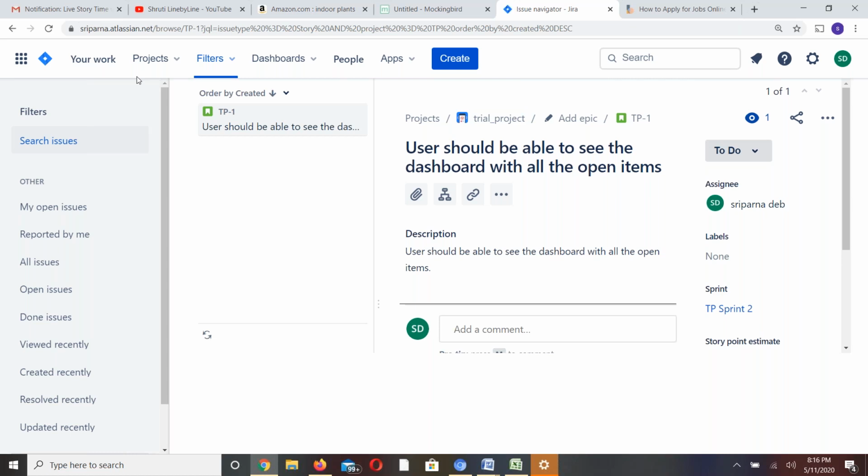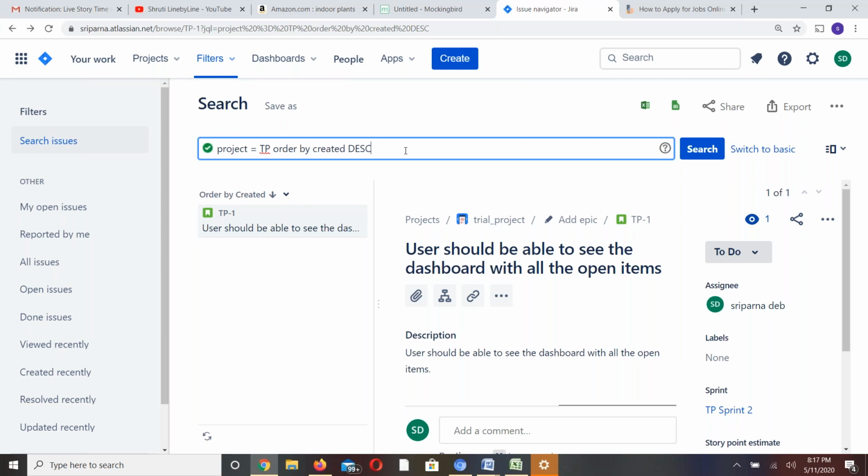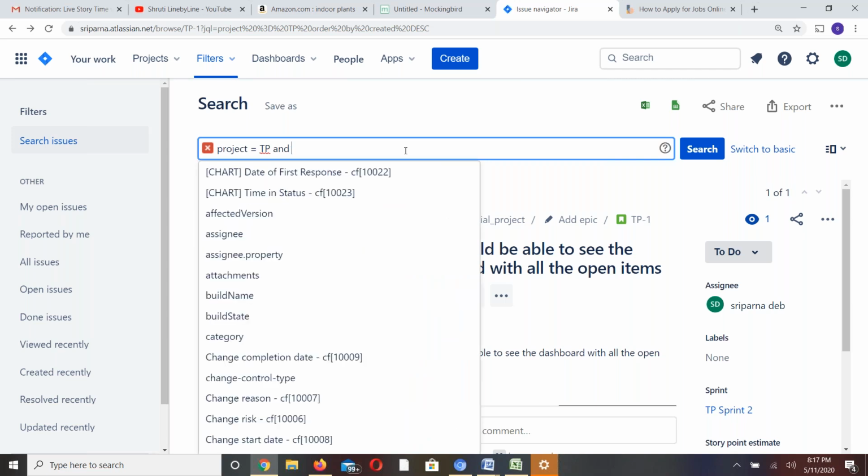I think I already had the trial version in my system and it got expired. Yeah, so I have the Office system anyway. I cannot use that one. That is why I am unable to show you. So now if you see here, project TP. Let me, project equal to TP1, TP, and assignee.